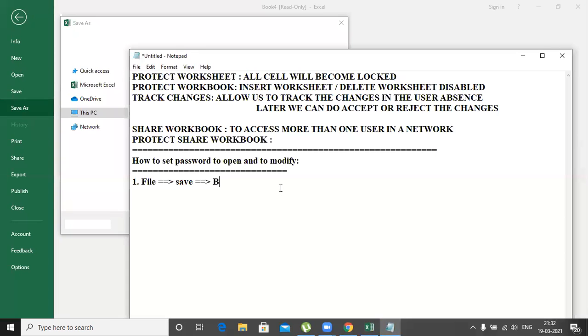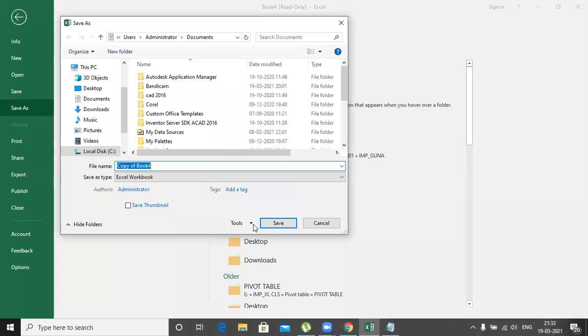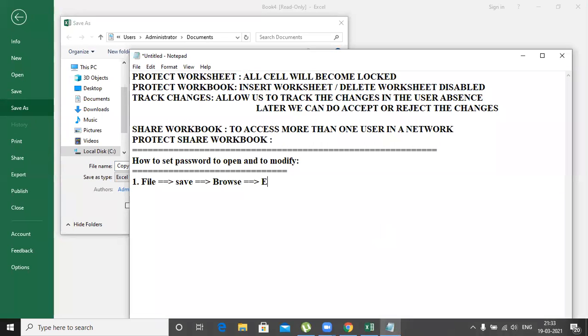In the browse, enter the file name. Then you click the tool button.